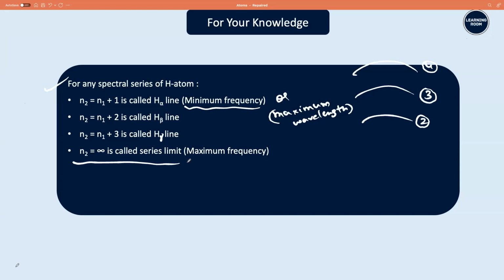So sometimes they will put the question like this: the electron made a transition in such a way that maximum frequency is emitted. Then indirectly, what are they telling you? The orbit from which the electron is jumping is the infinite orbit. Or else they will ask you to find, when an electron is making a transition between two orbits, the maximum frequency. Where will it happen? When the electron makes a transition from